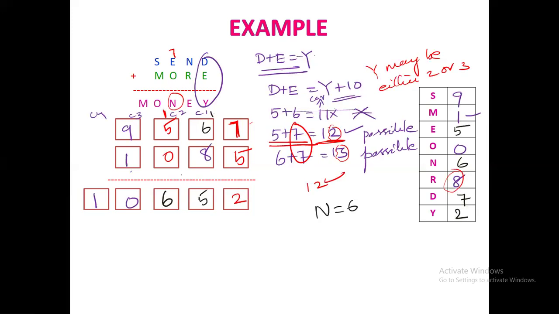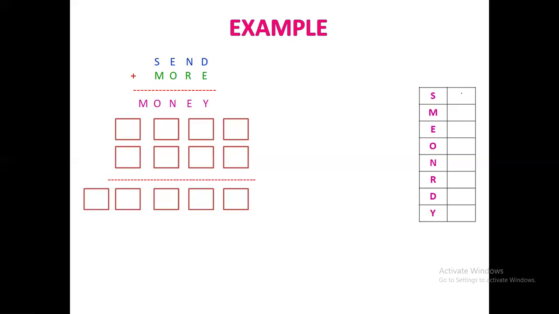So if you are adding all these values, what are you going to get? So for S, 9, M 1, for E 5, and O 0, for N 6, for R 8, for D we found out 7,